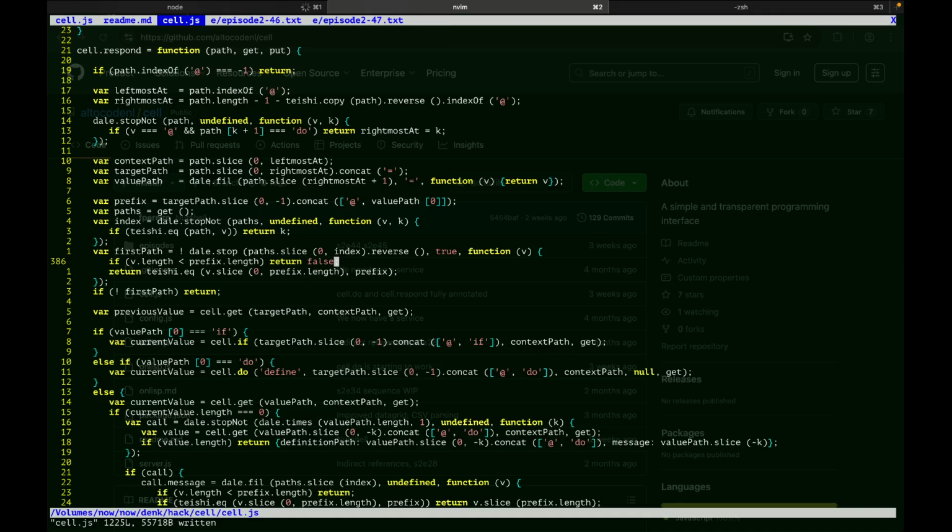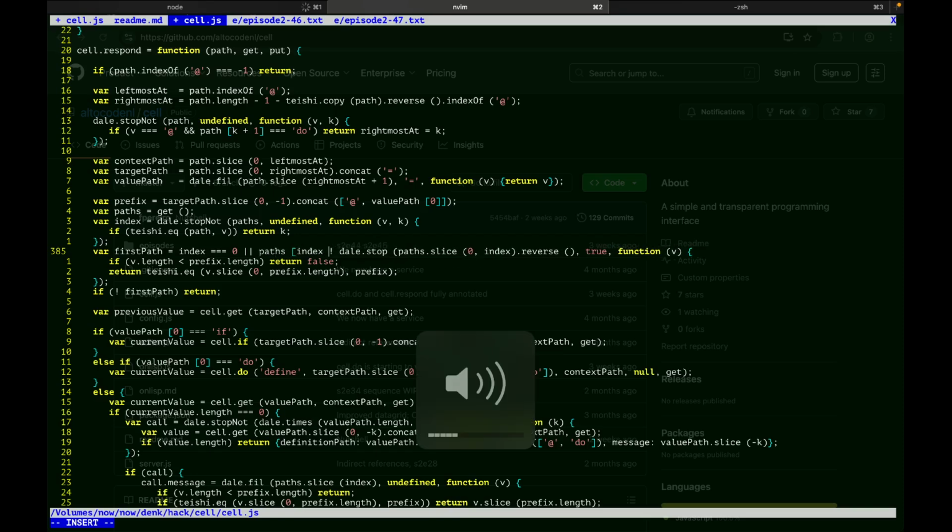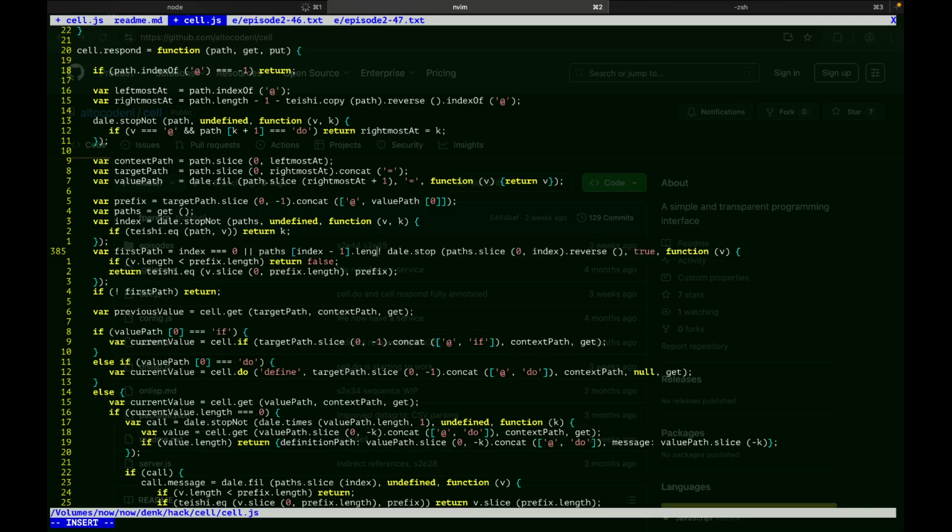If I find something that matches, then I want to know it, but I also want to stop the iteration. Honestly, I don't need to know more than one. I don't need to iterate all of them. I just need to look at the previous path. It will be something like this: index equals 0 or paths index minus 1 length is minus prefix length, or